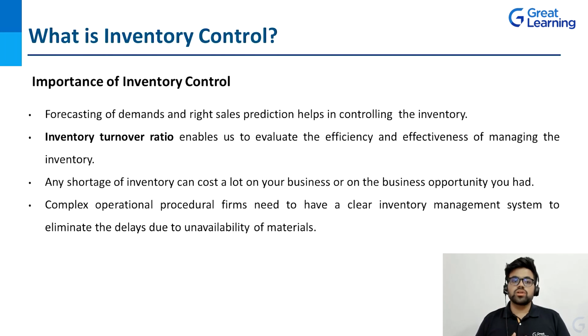The first point that we are talking about is forecasting of demands and right sale predictions, helping in controlling the inventory. Now, the levels of goods that are kept in your godowns should be maintained in a way. For example, the month of October is the month in which you have festive season in India, right? You have Diwali, you have a lot more festivals during that period. Now, in the tendency of these festivals, people tend to buy more stuff. You don't want the company to behave the same way as they used to do across the year. The reason is that if you are producing something for the same levels of demand, then it would make sense to maintain the inventory